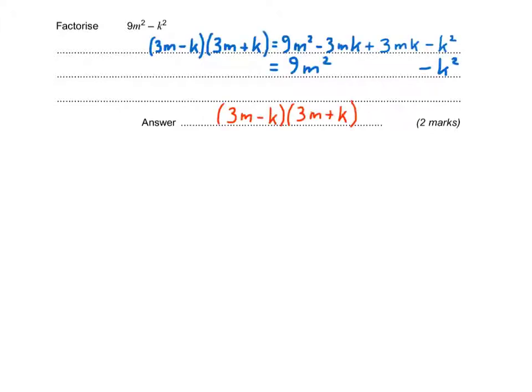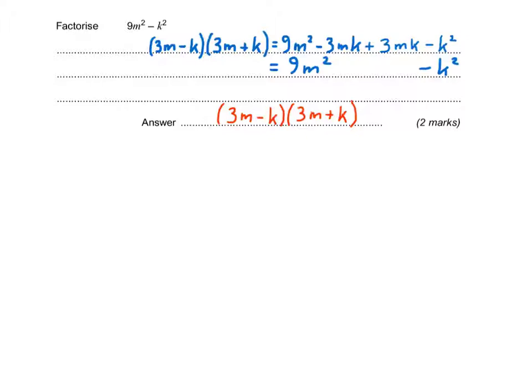Next question, factorise 9m squared minus k squared. Okay, this isn't like other factorisation ones you've seen. There's a special trick to it. If you think about 3m minus k times 3m plus k, 3m times 3m is 9m squared, 3m times k is minus 3mk, and minus k times 3m is minus 3mk, and 3m times k is plus 3mk, and then minus k times k